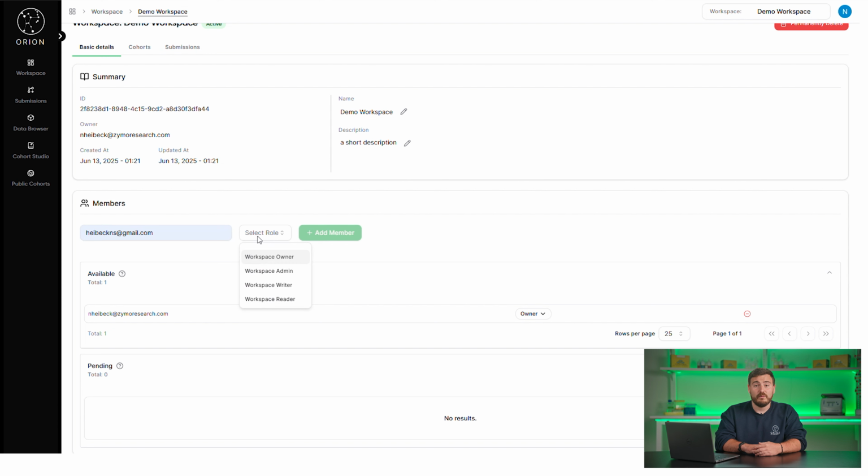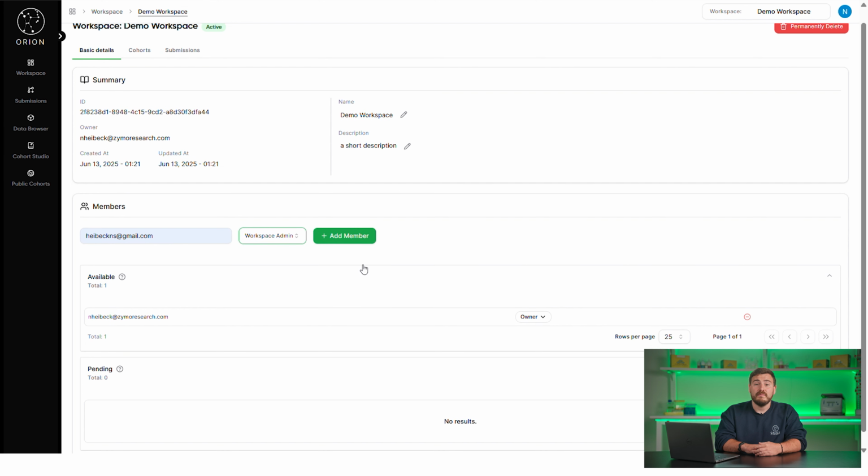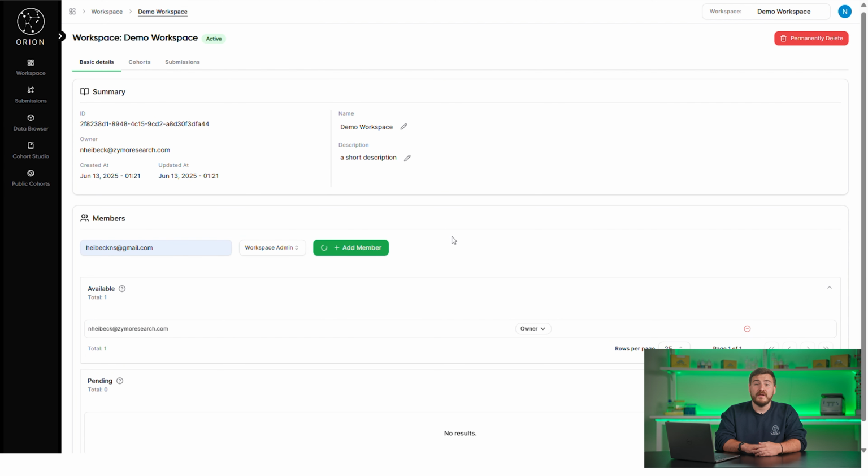Here, I can select a role for myself. These roles dictate the actions and types of access that invited users have. So, a reader can only view the data, while a writer can also contribute to it. Admins have all the abilities of writers, but can also manage user roles and add others to the workspace. And lastly, owners have complete ownership over the entire workspace and reserve the sole power to delete it, or transfer ownership to another user. So, now that we have our workspace all set up, let's go ahead and ingest some